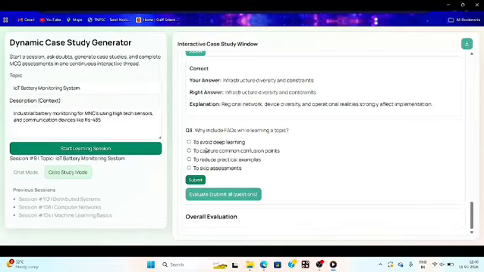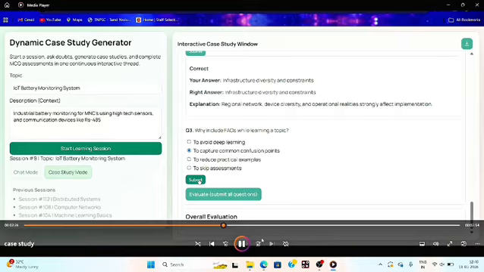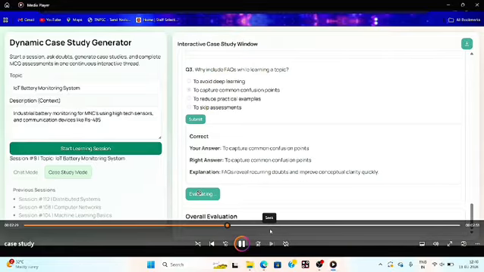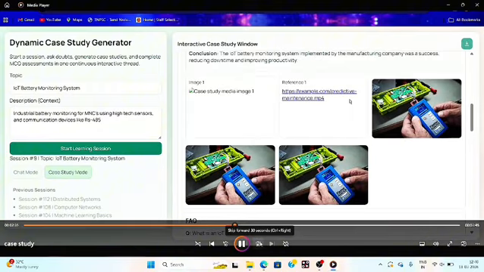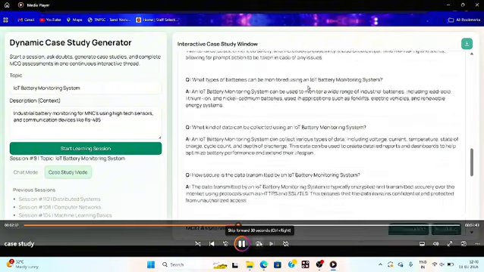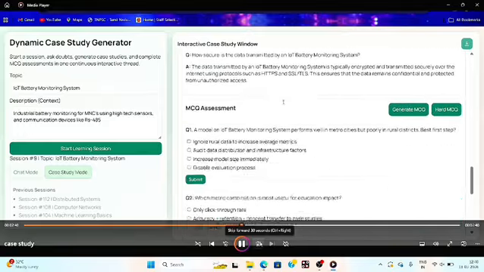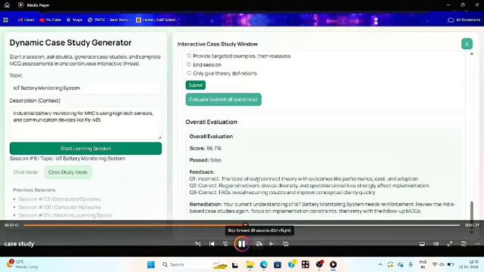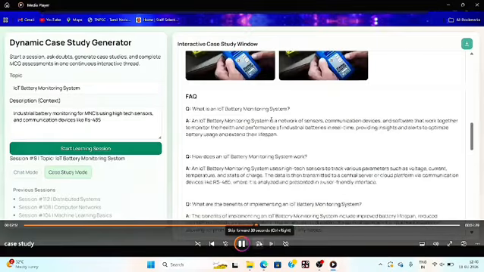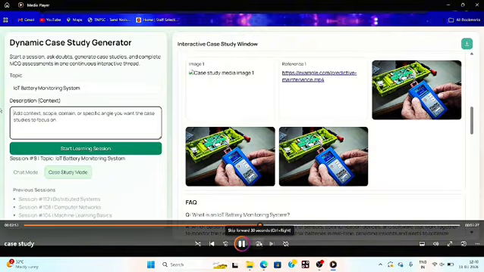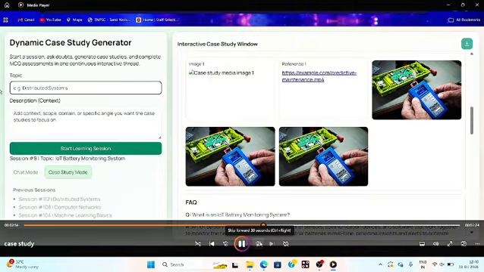Finally, the system provides a comprehensive overall evaluation report. It calculates the student scores, explains the correctness of each answer, and identifies the areas that need improvement. If the performance is low, the AI recommends additional case studies, simplified explanations, and learning materials before allowing the student to attempt a re-evaluation. Through this continuous cycle of learning, assessment and improvement, our platform ensures deeper understanding, stronger concept clarity and better real-world application of knowledge.